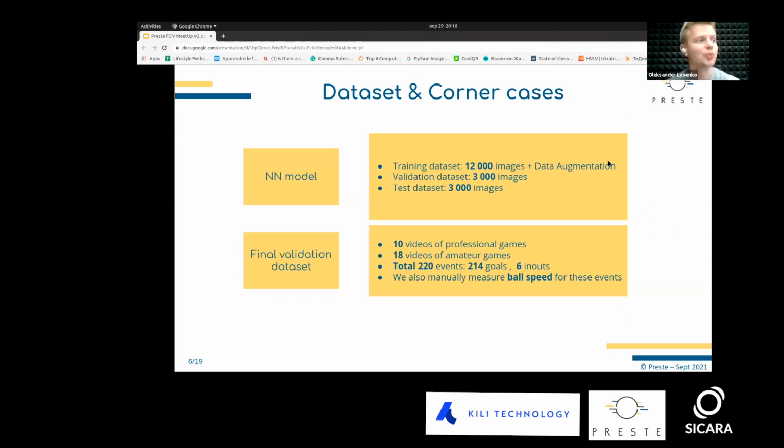So now the ball is on my side, and I will tell you a little bit about the data set and about the corner cases that we faced. So the data set at the beginning was pretty small. We tried to work with that, but once we discovered new corner cases, we had to